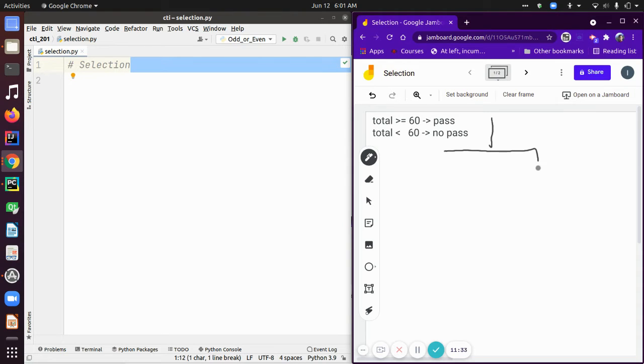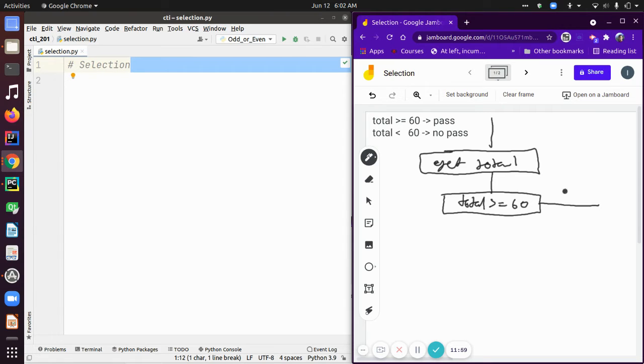Teacher gets the class total, say the average class total, so get total. Now the teacher checks this, so total greater than or equal to 60. If that is true,